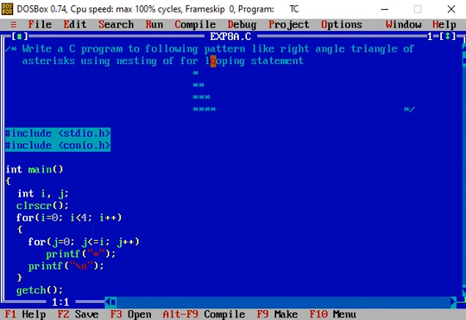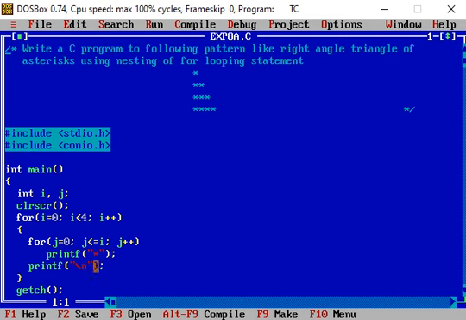So a star gets printed on the output screen. After that, the value of j is incremented. Then its value becomes 1. 1 is less than or equal to I, that is 0. The condition is false. So control comes out of the inner for loop.